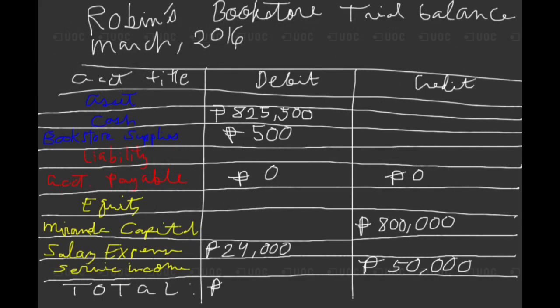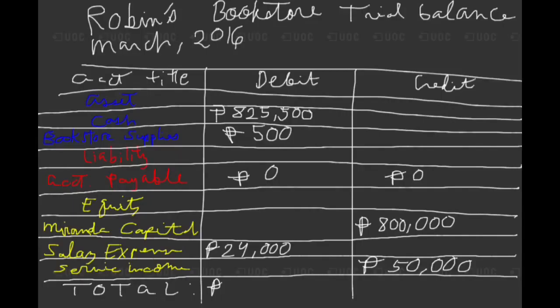Here we have the trial balance for Robin's Bookstore, March 2016. We have the account titles, the debit, and the credit. Under each account title, we must look at the debit and credit to find out which of these columns we need to fill out. Now, for example, cash has a total debit of 850,000 pesos and a total credit of 24,500 pesos. Since the debit is more than the credit, we will subtract credit from the debit, leaving us with